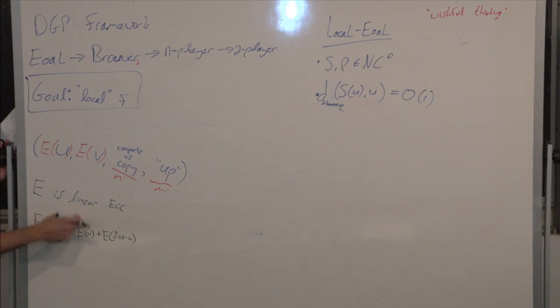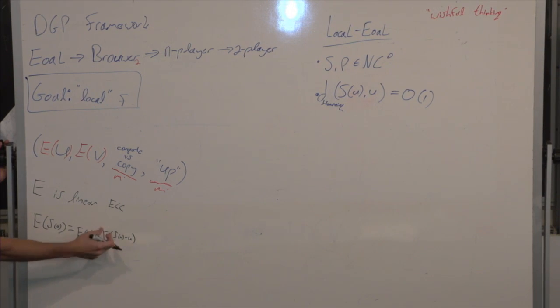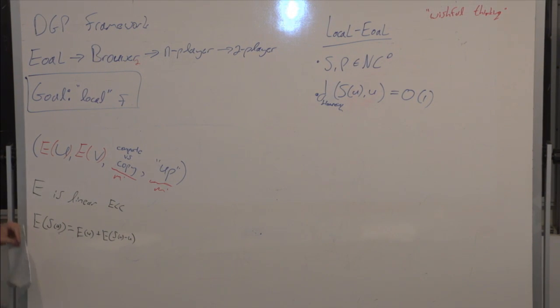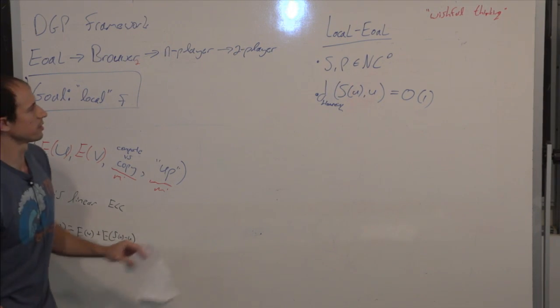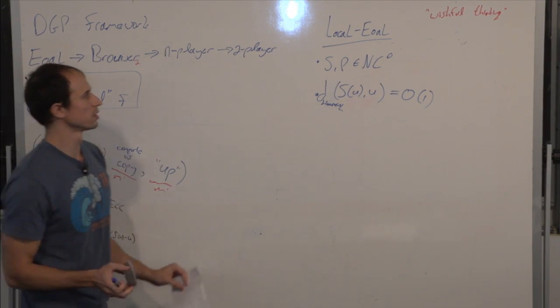And this I can locally access because it's part of the point here. And this I only need to read a constant number of bits to compute. So I can do this, and then I add them, and then